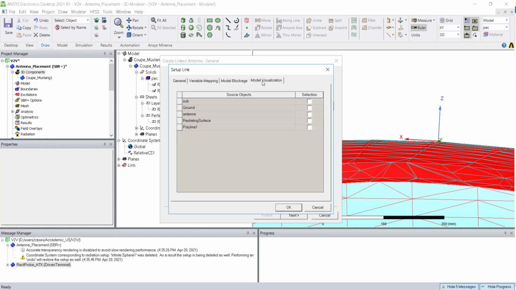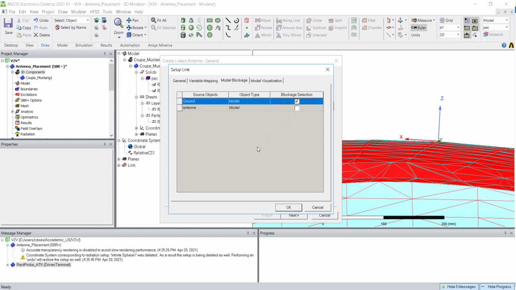Then I can enable model visualization. Model visualization means the geometry of the antenna can be visualized, except the radiation box. I am copying everything. Model blockage gives you the effect of ground plane reflection from the car body.